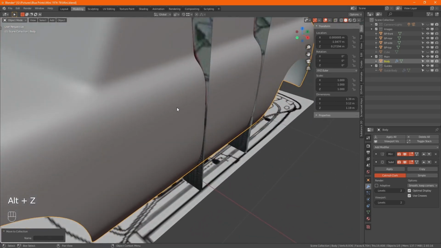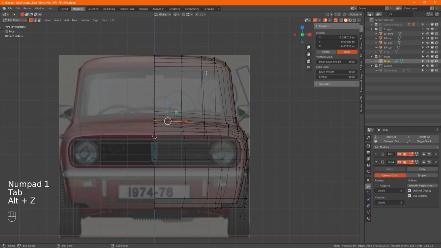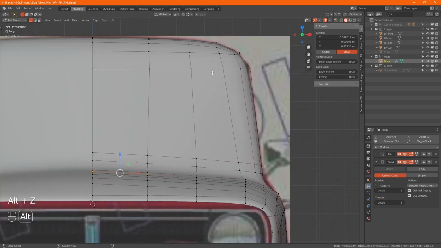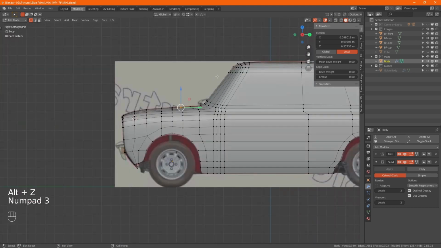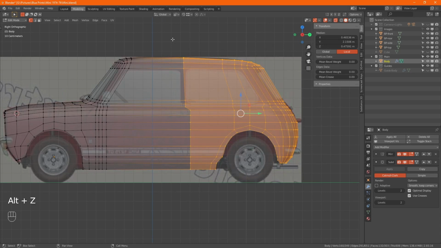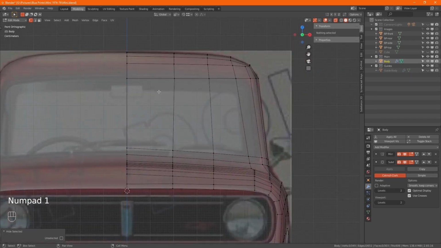Right, so now let's start putting the windows back in. Right then, for now, go back to front.